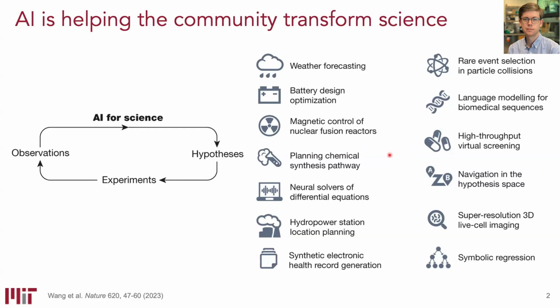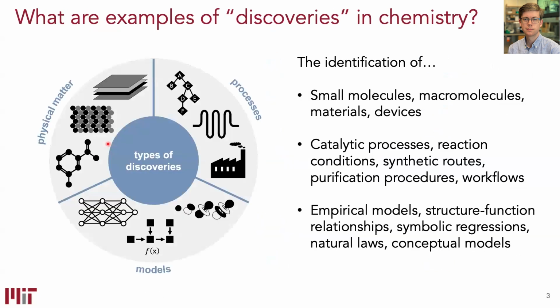But what unifies the applications across the sciences and how we think about AI broadly is its role in the scientific process. Okay? So we typically will think about using AI to help us make sense of the world, analyze data, interpret the results of experiments, and hopefully come up with new hypotheses and new ideas that will drive future experimentation and future discoveries. So in chemistry, what is it we're trying to do? We're trying to drive scientific discovery.